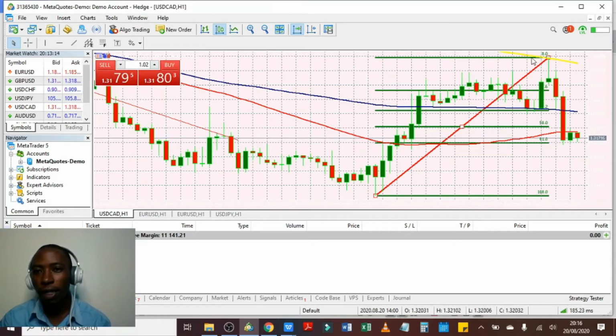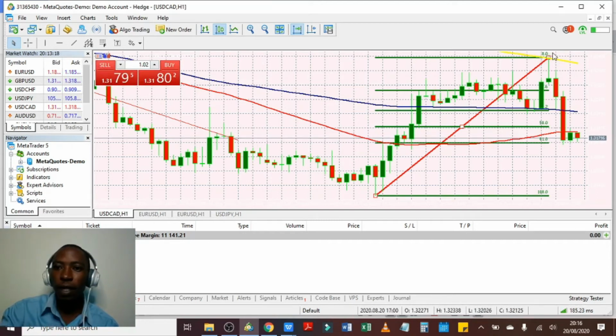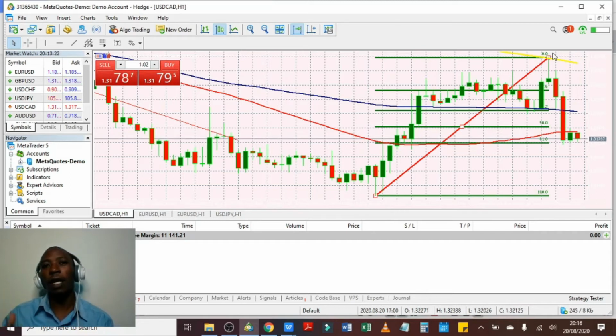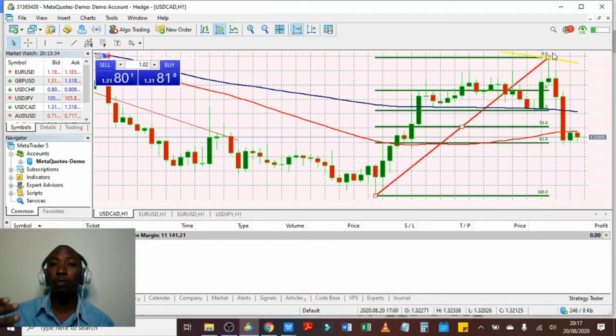You simply place a stop loss slightly above the 0% level, or the 200-hour moving average level, and if the price broke the 200-hour moving average, for that matter, or the 0.0% level, you take a small loss, and then you can enter into the market in the right direction and be able to retrace and make profits for that matter. It's as simple as that.